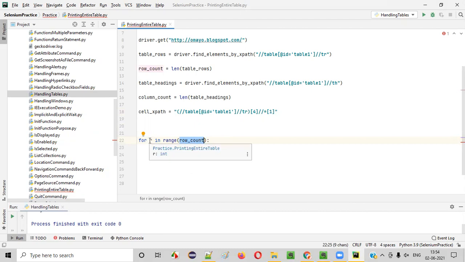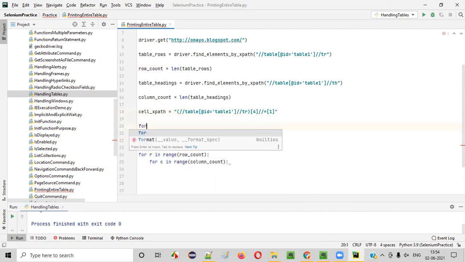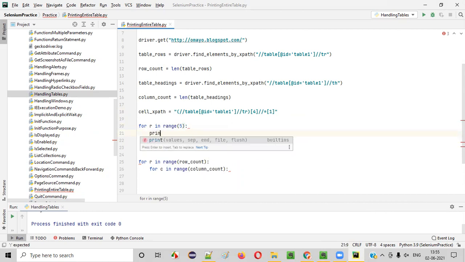If I say for R in range of 5 and print R, if I write a logic like this, and if I say print R, what will be printed in the output, guys? It will print the values from 0 to 4. 5 values will be printed, but the first value is 0, guys. 0 1 2 3 4. But here the 0 concept is not there. For the first row we are saying 1 2 3 4 like that. Rows are like 1 2 3 4 5 and columns are like 1 2 3. So there is no concept of 0.